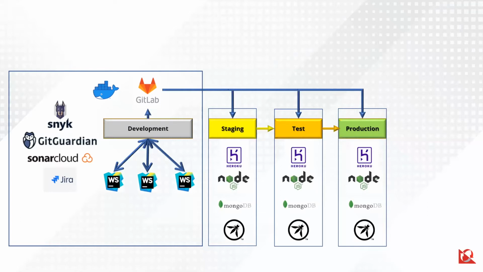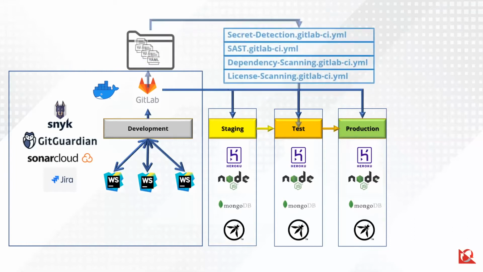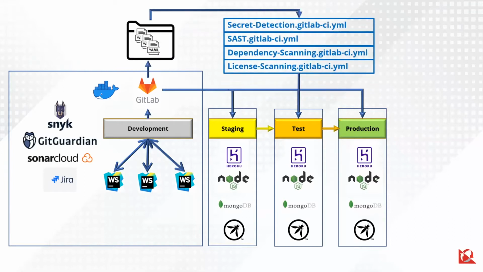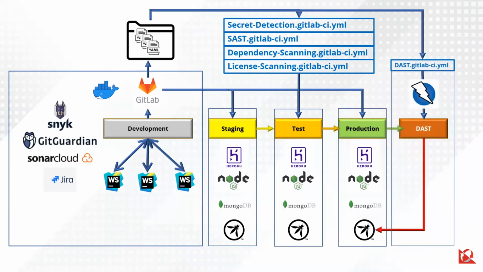builds. We'll demonstrate the initial build, and then we'll add security to that build. In particular, we'll add secrets detection, static application security testing, dependency scanning, license scanning, and last but not least, dynamic application security testing. All through templates provided by GitLab, completely open source, so if you needed to modify them, you